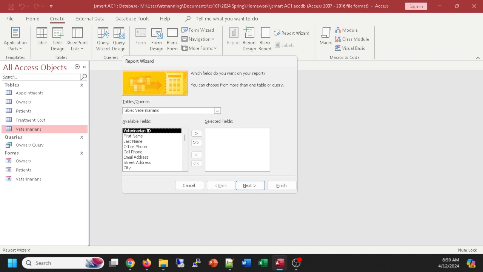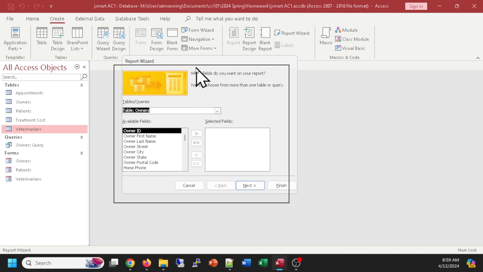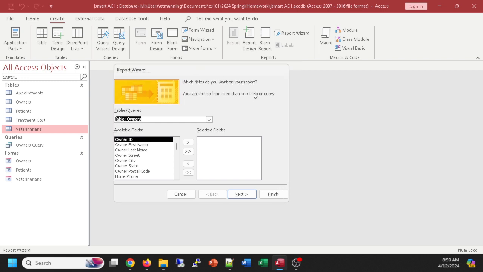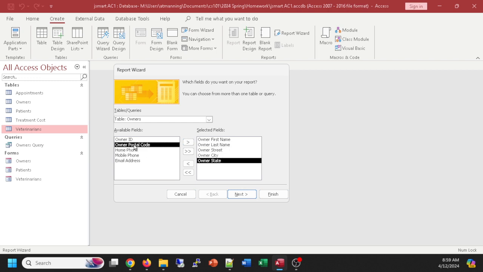We would like to choose the owners table. So I select table, owners. I'm going to create a report of data that's in the owners table. So a report right now is going to be very similar to a query, but we'll see how it changes later. See how we're now choosing what fields we would like in our report, and we're doing the same fields as we had in our query. I'm going to do the owner first name, owner last name, double click, owner street, double click, city, double click, and state,